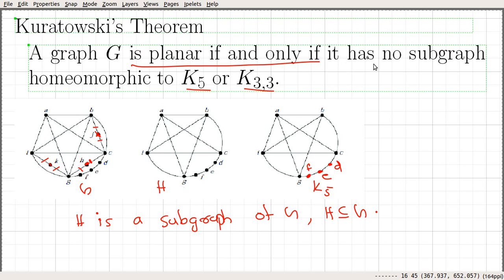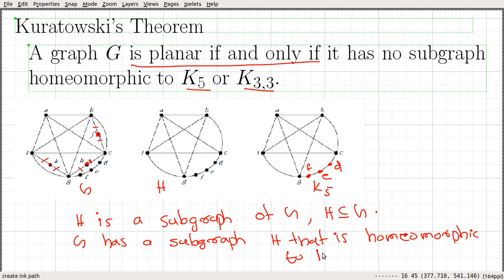So this graph G has a subgraph H that is homeomorphic to K5. K5 by itself is homeomorphic to K5, and similarly this graph H can be obtained by these three elementary operations on K5. So H and K5 are homeomorphic. Here this graph G has this subgraph H, and this H is homeomorphic to K5, a non-planar graph. Applying Kuratowski's theorem,